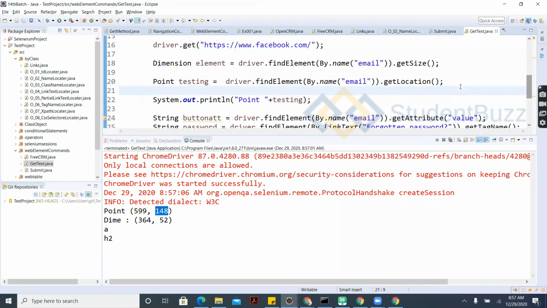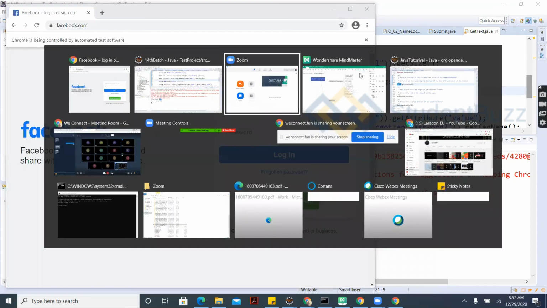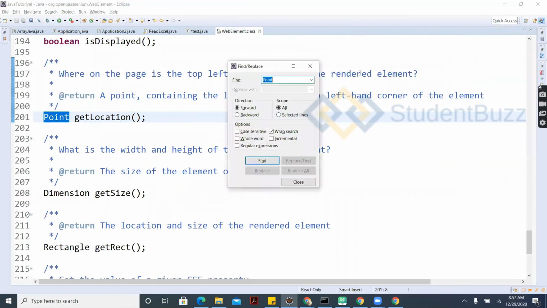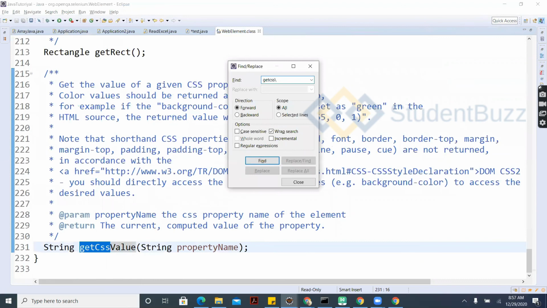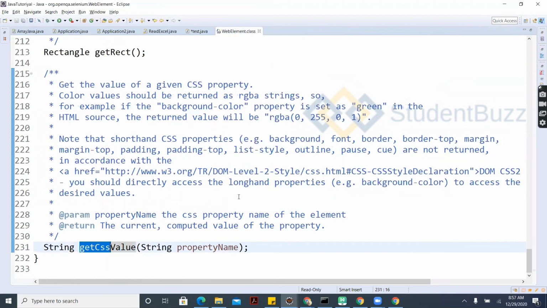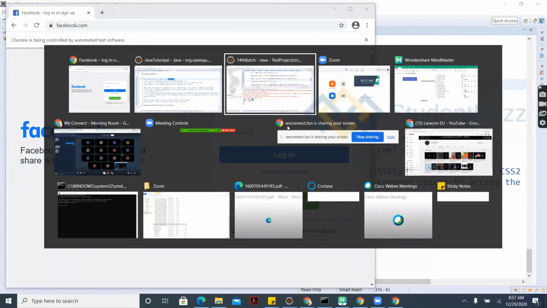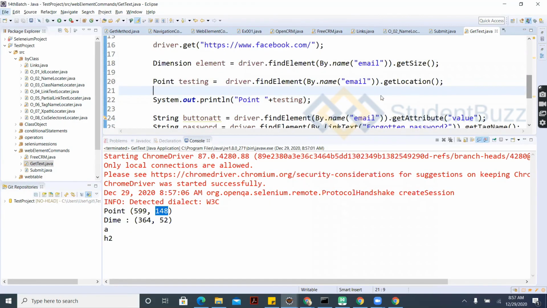Another method is getCssValue as well. We will not use this in real time either. getCssValue asks for the property name as a parameter. It gets the value of the given CSS property, and returns the value for that particular property. Let's use this as well.